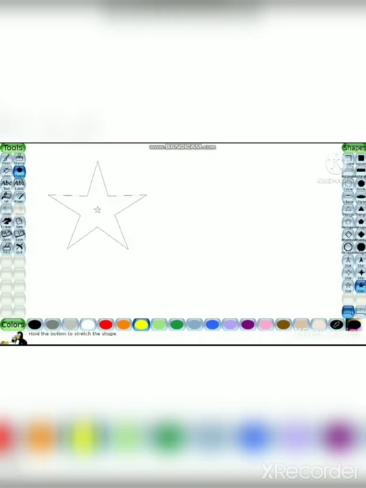Let me draw a few things on it and I'll tell you how to save a file now. So this is your save option, and see here the message is coming, your image has been saved. So as you know, in MS Paint you need to give a name and you also need to give a location.